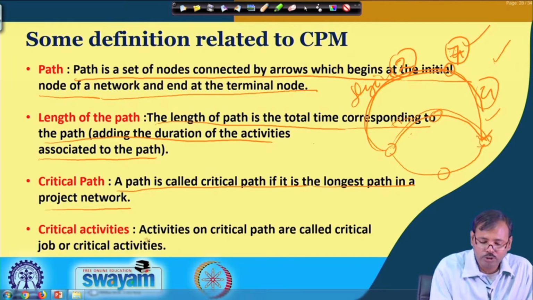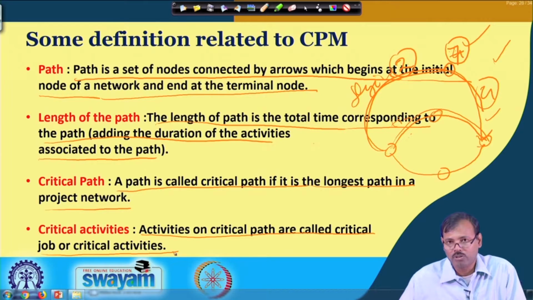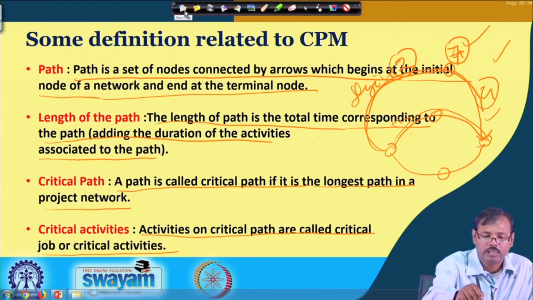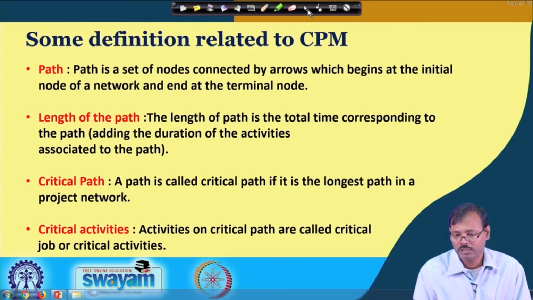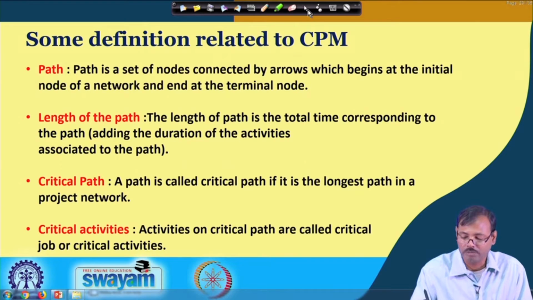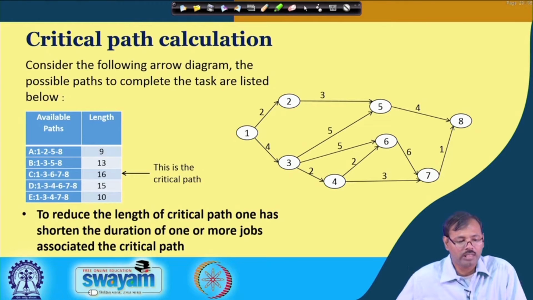The activities or jobs on any critical path are called critical jobs or critical activities, because the most importance would be given to them, because they do not have slack. So, that is why critical paths are important, and more men, machinery, and money have to be invested in the jobs of the critical paths, so that they can be completed early, otherwise the complete project will be deferred. So, let us consider an example.